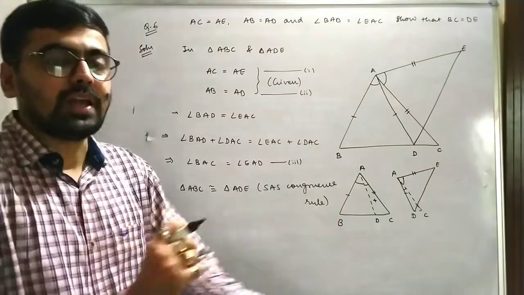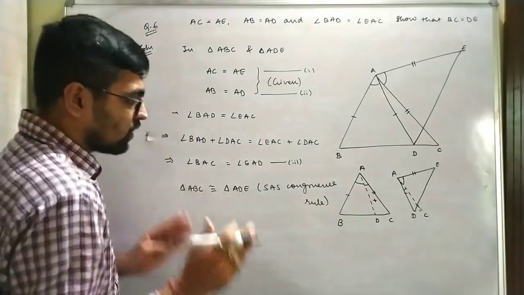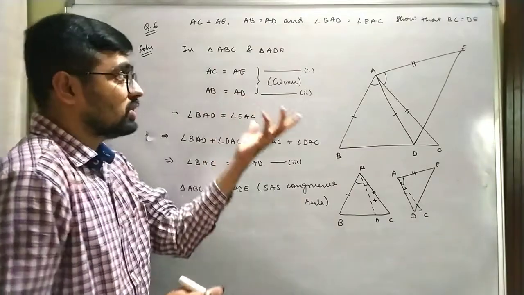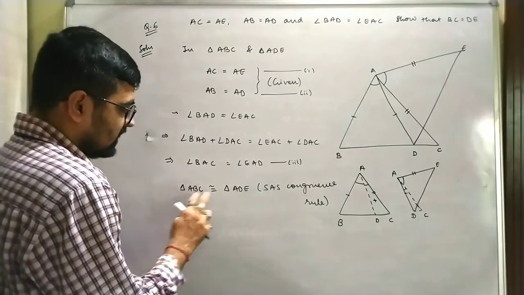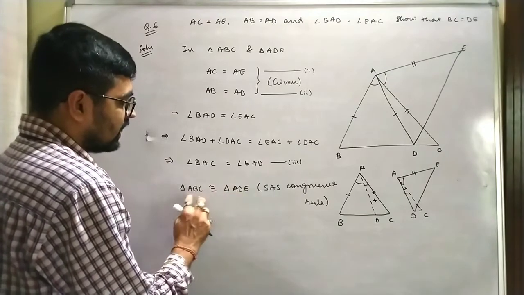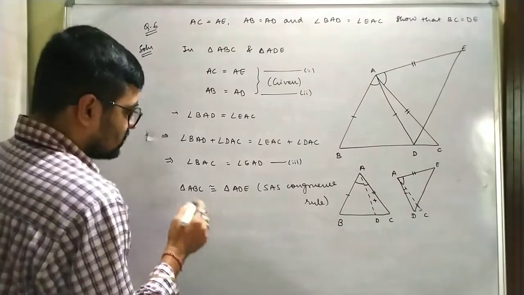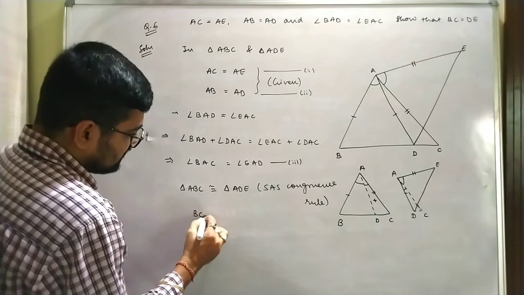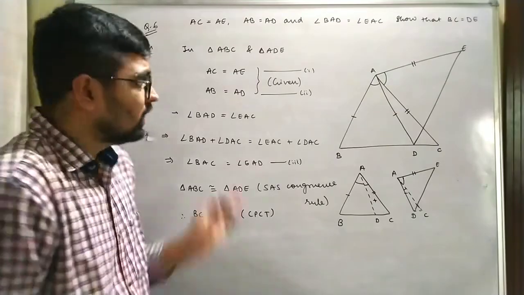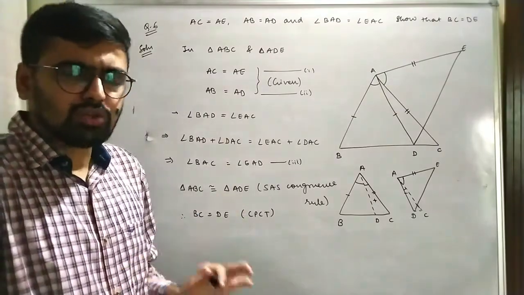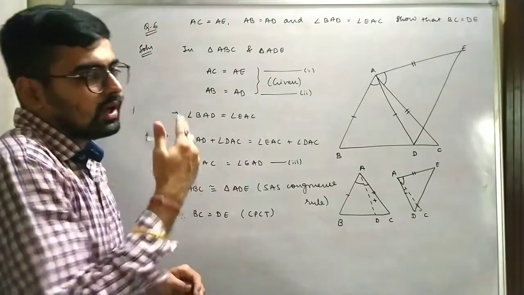By the help of the SAS congruence rule. Simple. Once we get to know that these two triangles are congruent, now see, generally we wrote this, but the question has written ABC and ADE. So we need to check whether we are doing it right or wrong. Correct. So see, AC AE, AB AD, and B and D will come out as the same. Correct. Are you getting me? So that is how we can easily say that BC is equal to DE by CPCT. That is what we wanted to get, and that's what we got. Am I clear? It is very short, simple and easy. There is no difficulty at all. Right? Okay, you can pause the video and note it down.